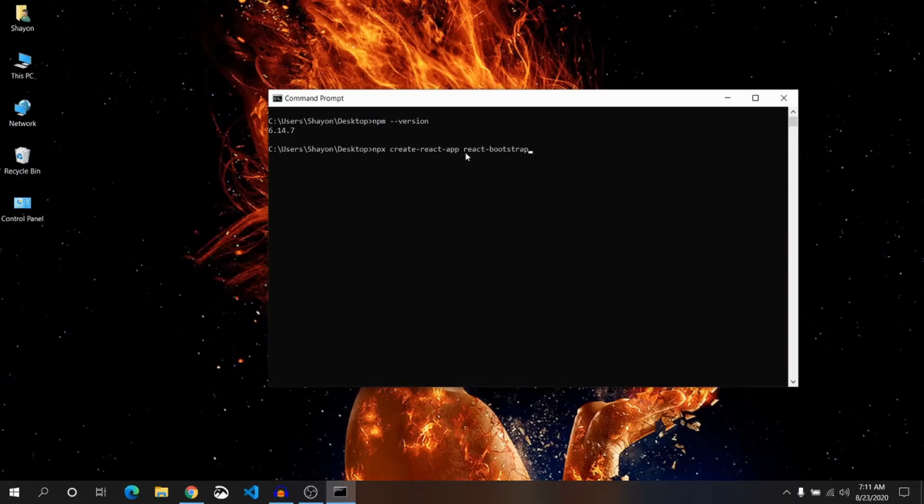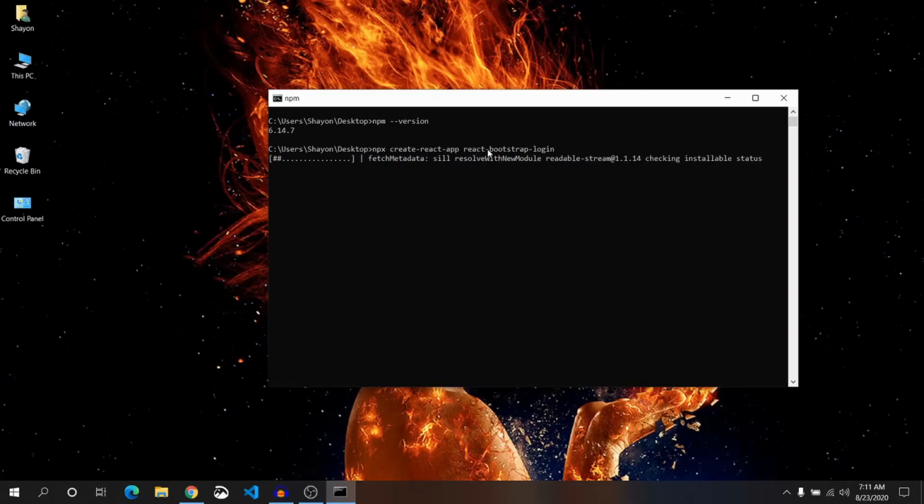For making any name, make sure you start with lowercase and you don't give any space between them, and you use a dash or underscore, something like that. React Bootstrap login. We are going to make a simple login page in this tutorial series.